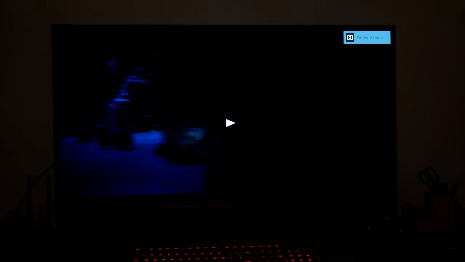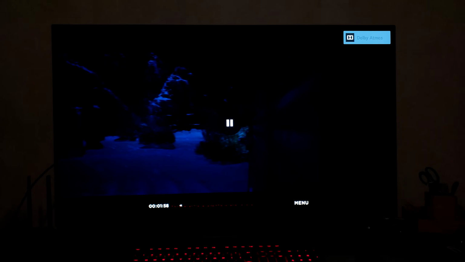Okay, I hit play again. And you can see at the top right corner, it is saying that it is playing in Dolby Atmos. Guys, if you know how we can check on the OLED TV what kind of audio format it is playing, for the Dolby Atmos, for the DTS:X, I think it doesn't support the DTS:X,